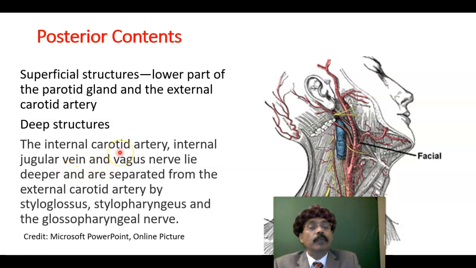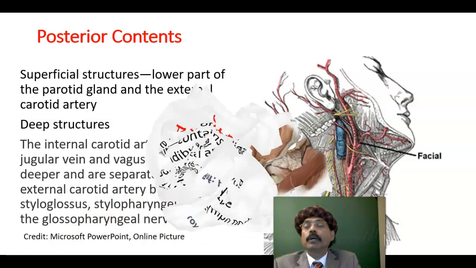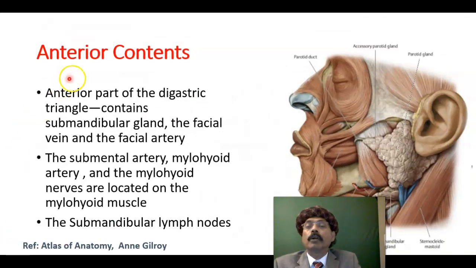These are contents of the carotid sheath. They are very deeply located. Okay, they are separated from the external carotid artery by the styloglossus and stylopharyngeus muscle, and also by the glossopharyngeal nerve. Okay, so if we go to the content of the anterior part, we have the submandibular gland, facial artery,